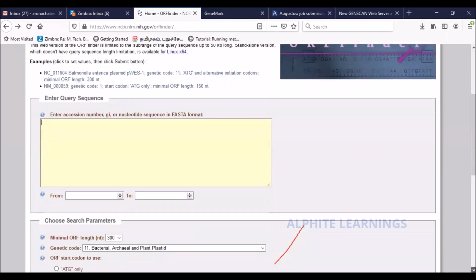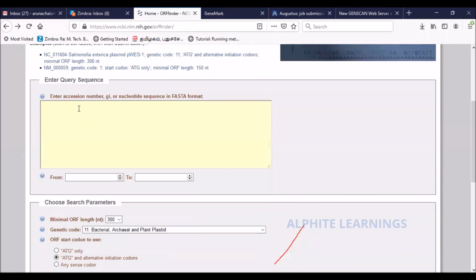Right? So what we do is, the preliminary functionalities are much simpler. All you have to do is enter the sequence if you have it, or if the sequence is already deposited in a database, you just have to use the corresponding gene index or its corresponding accession number, any type of accession number.